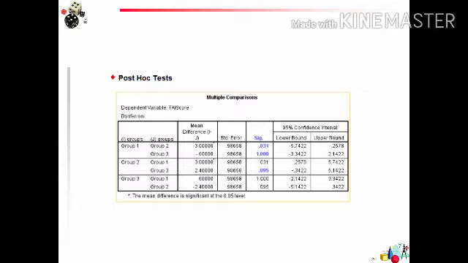Similarly, you can find all the pairs. Here in this example we have three groups. So the possible pairs are group 1 versus group 2, group 1 versus group 3, and group 2 versus group 3. For each pair of observations you will get the p-value. Group 1 versus group 2, the p-value is 0.031. Group 1 versus group 3, the p-value is 1. Group 2 versus group 3, the p-value is 0.095. So from this figure you can see group 1 and group 2 show a significant difference, and the other pairs do not show any significant difference.